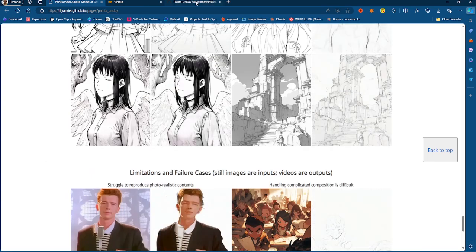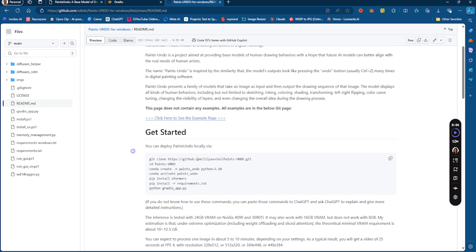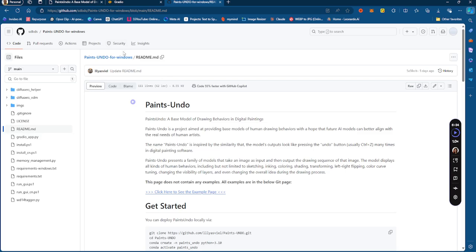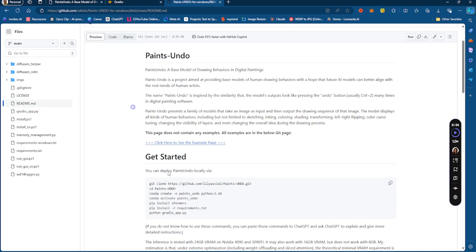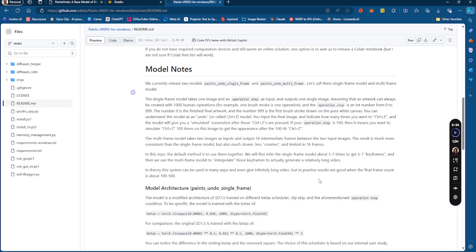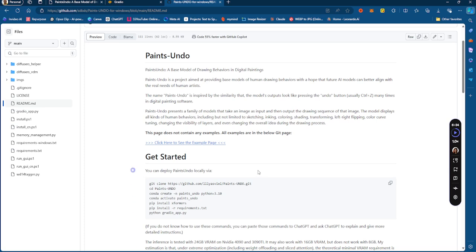So I want to show you guys exactly how you would do this. Now, this is what you would do essentially: if you go to PaintsUndo, if you go to the GitHub, it gives you the way you would set it up on your PC. So first you clone, and then you change the drive. This explains everything right here. If you guys want me to do a video to show you how to set this up, let me know. But it should be